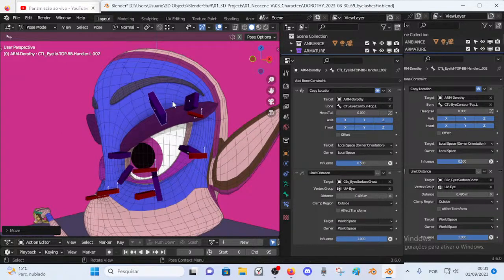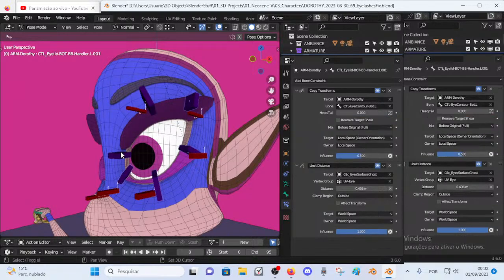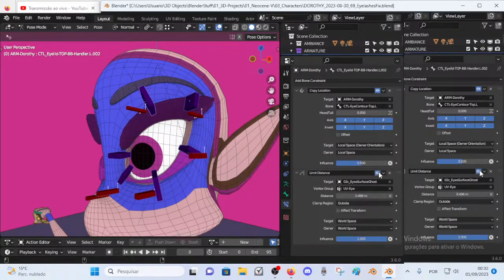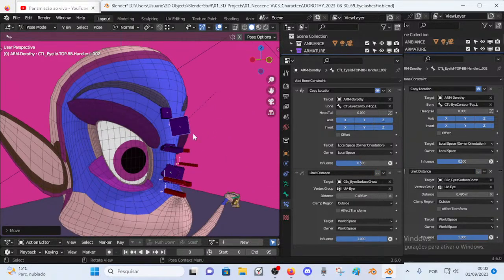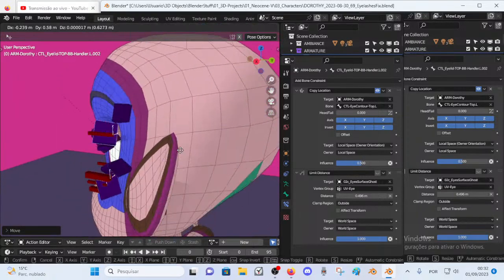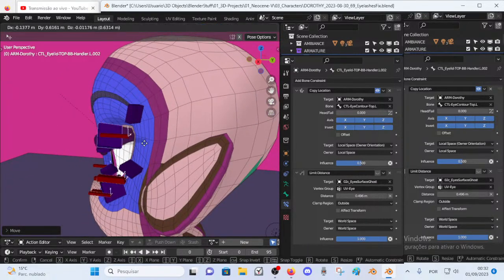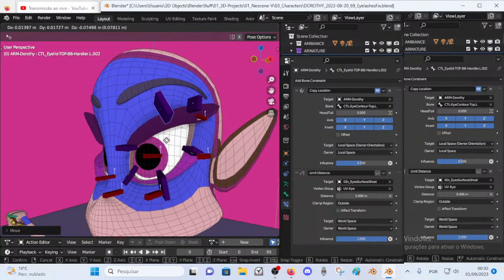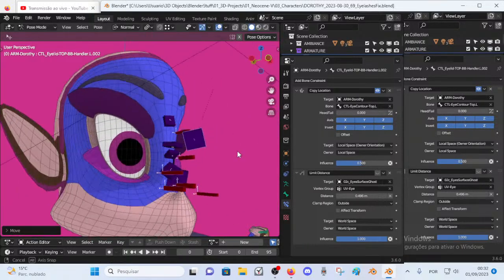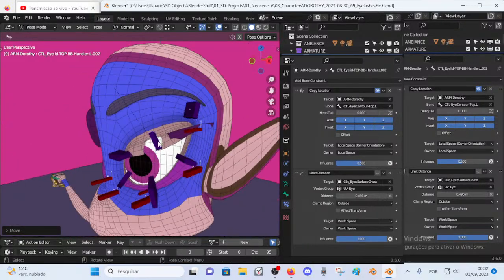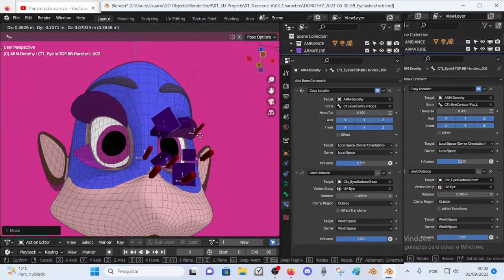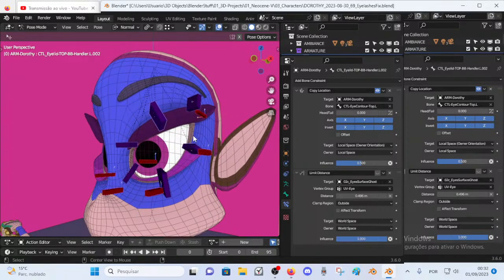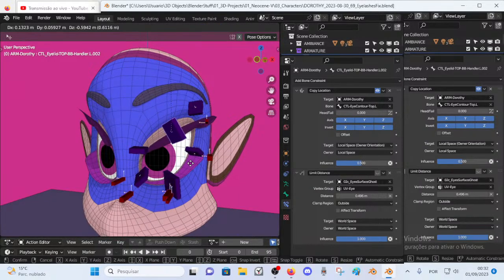Okay, so this limit distance is going to make my task difficult. So I'm going to hide everything to start with. Now I can move, but it won't interpenetrate because the mesh itself is safe. It won't go inside the eye. Oh well, it can go, but you see, it's not that easy. So what we need now is to